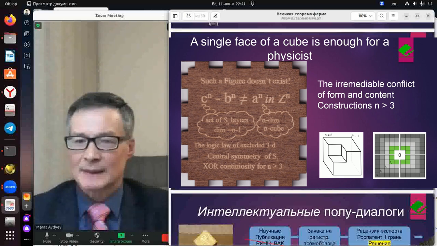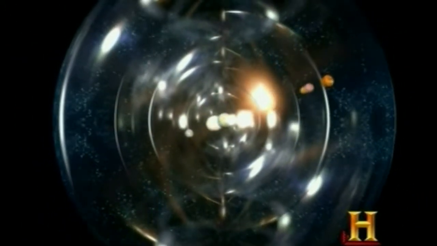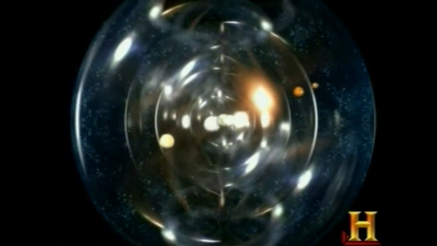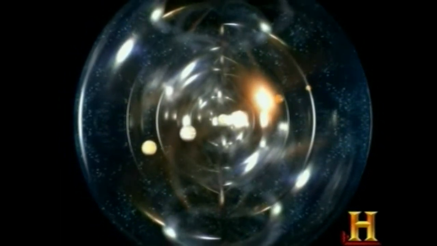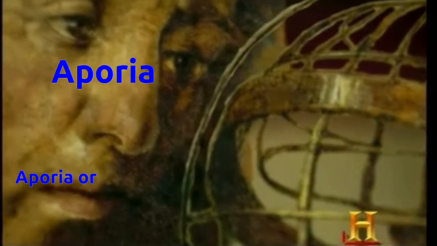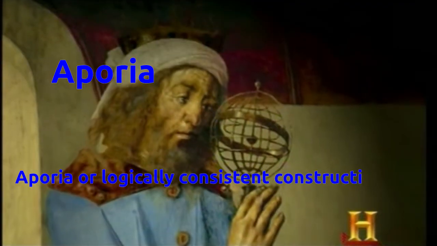Interestingly, in the concentric sphere theories of the ancient Greeks Eudoxus, Callippus, and Aristotle, the Earth was at the center of the universe and surrounded by symmetrical spheres, all of which were considered perfectly symmetrical. But it turns out that even when we worked with our symmetrical spheres, we were convinced that this design did not correspond to any physical object in nature. Such a phenomenon was called in ancient Greece an aporia: logically consistent constructions that do not correspond to anything.